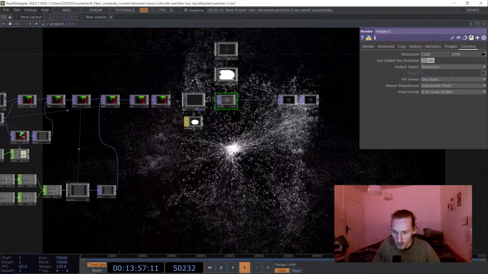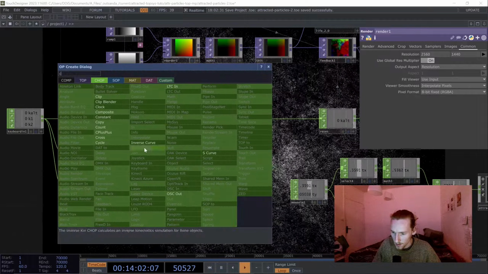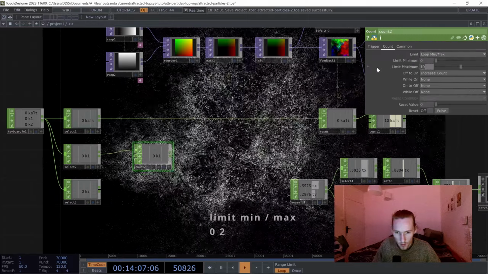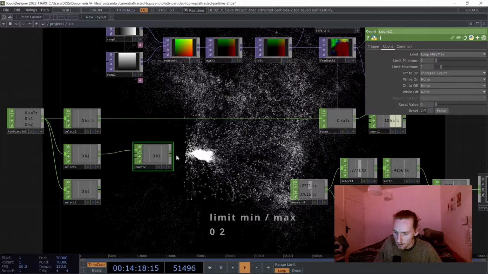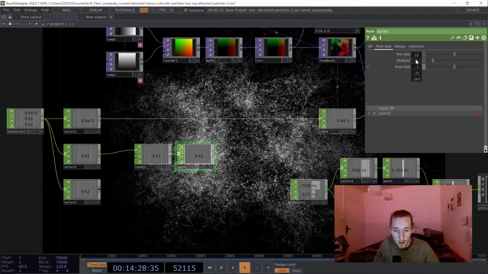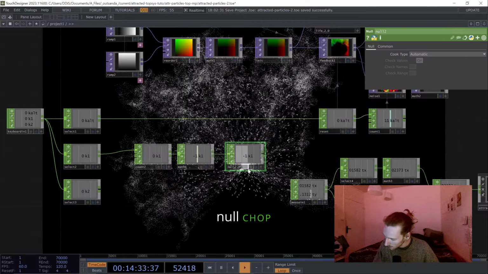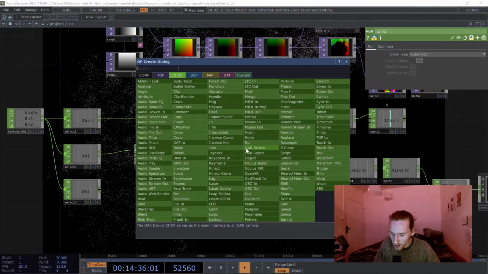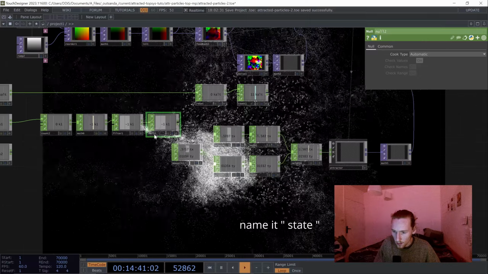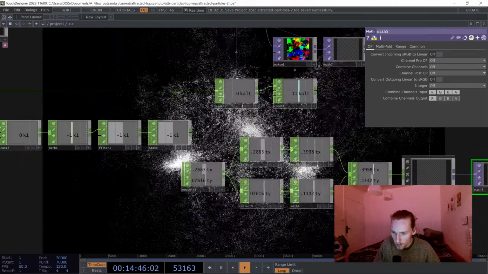So to do that, we're gonna add a count CHOP here, and we're gonna set the limit to 2, add a math, post add to -1, and then add a null, and sorry, before that add a filter, and this null we will call state,